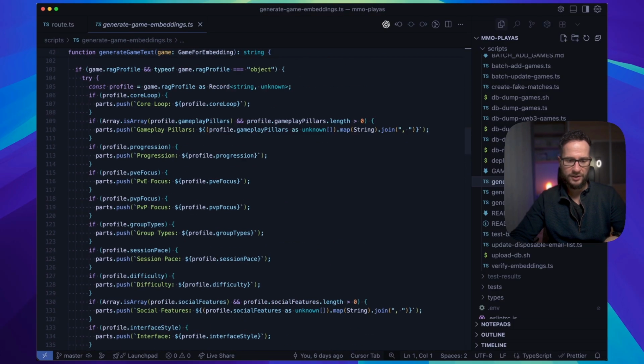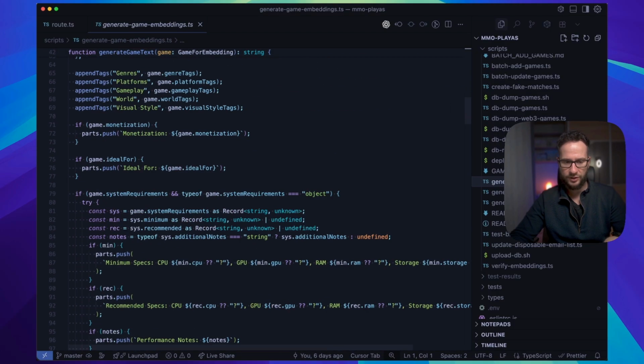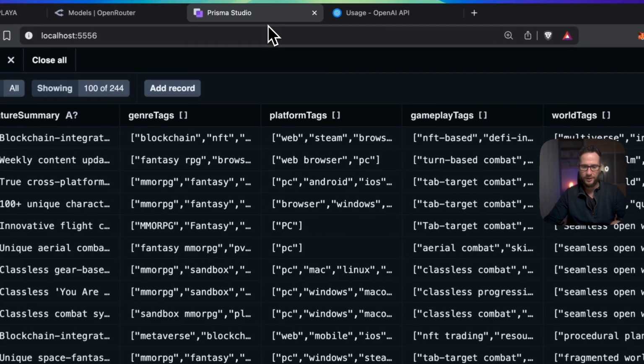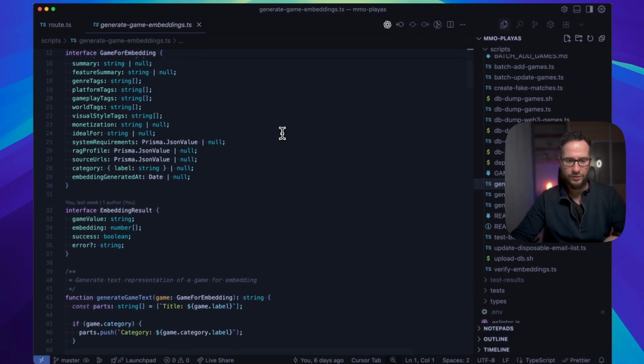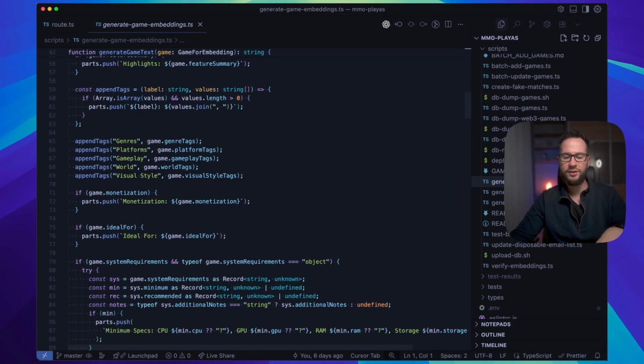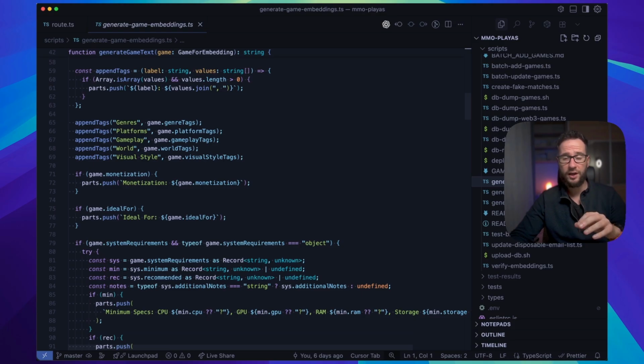So this basically is just a script that goes over the data that I have here in my DB for my games, and then I'm just generating an embedding per each game and then storing it in the DB. There are many options to generate embeddings for your projects and store them in your DB. There are even some special DBs that are optimized for that, but here I just decided to go with a very simple technique just to see how far I can get with this.